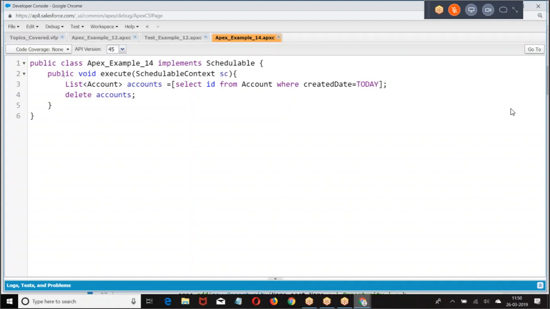Write the schedule Apex test class. Schedule Apex is also an asynchronous operation. It also should be defined within Test.startTest and Test.stopTest.